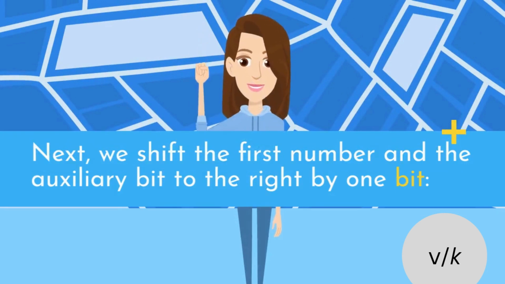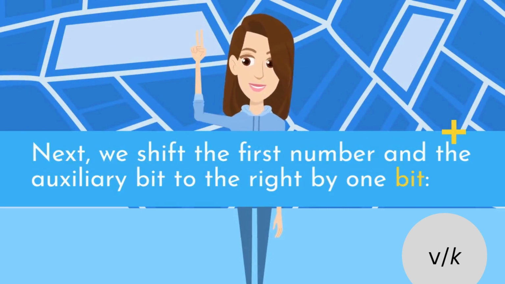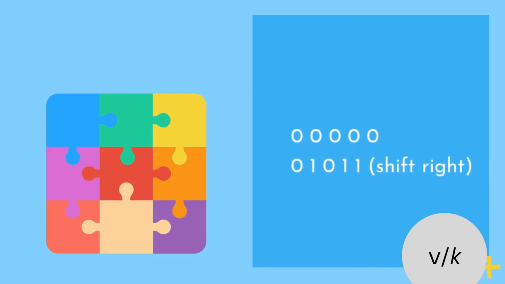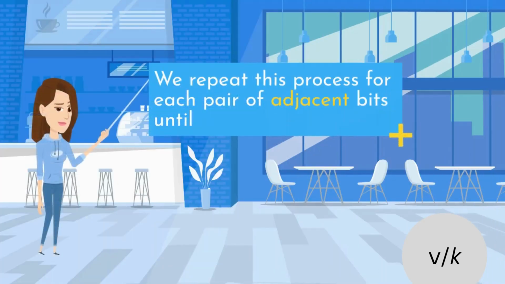Next, we shift the first number and the auxiliary bit to the right by 1 bit. 0 1 0 1 1, shift right. We repeat this process for each pair of adjacent bits until